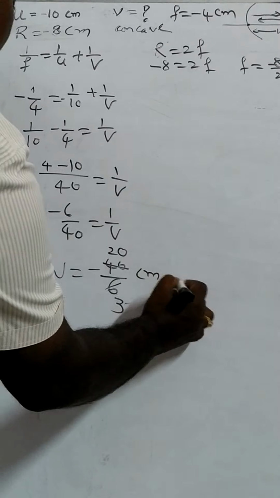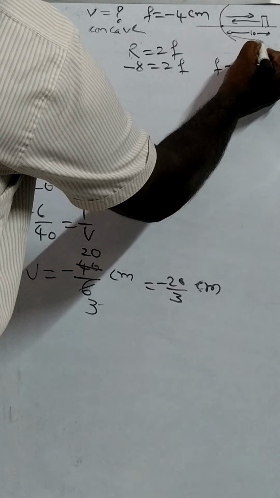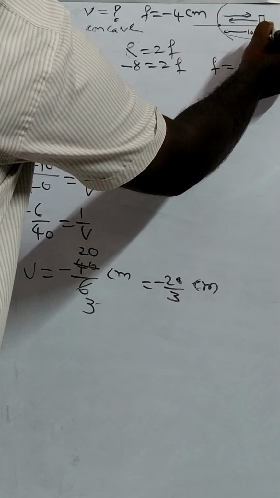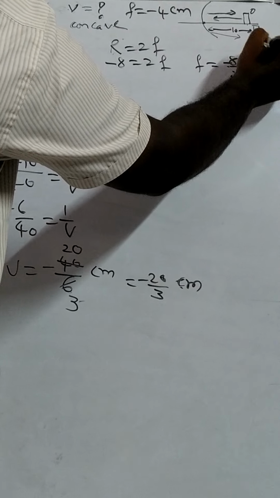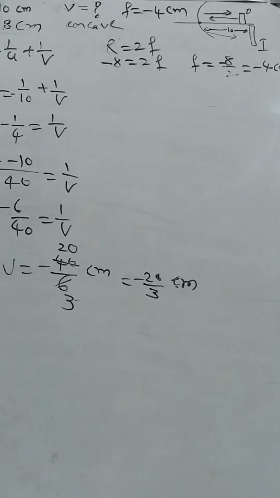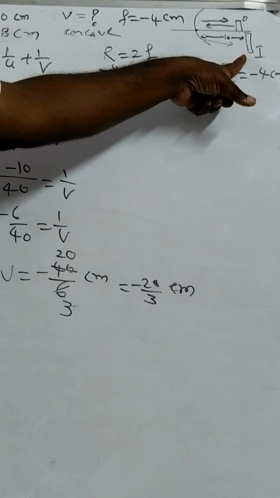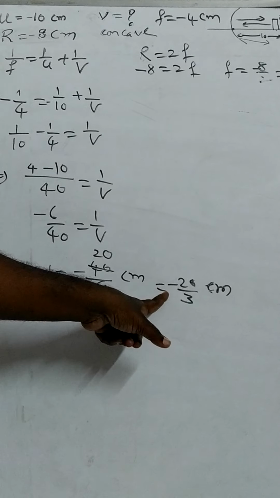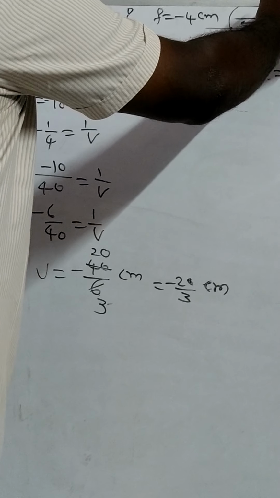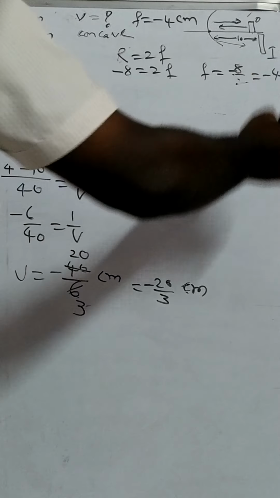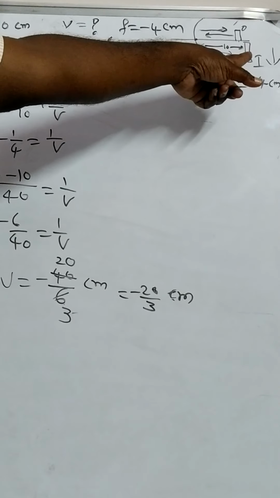Now, whenever you are finding image distance, you have to write the properties also. Properties means, this is negative. Why did it come negative? See, in a mirror, light rays are reflected. Whenever light rays fall on the mirror, they reflect. So the image also forms on the same side as the object. This is the object, this is the image. So that's why it is negative, opposite to the light rays. Next, the object is above the principal axis and the image is below the principal axis. So we can say it is a real, inverted image.